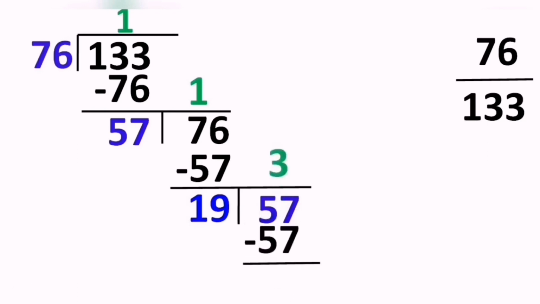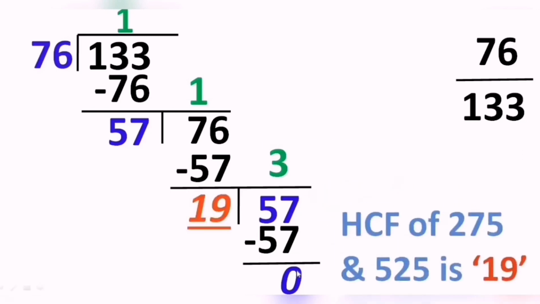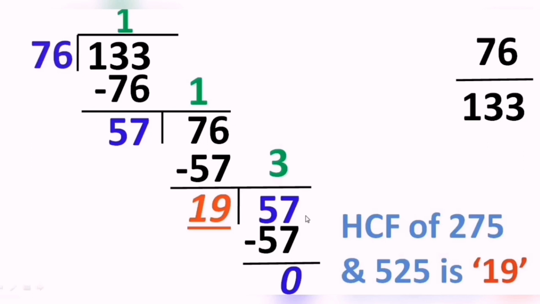dividend. And the moment I say the table of 19, I find that in 19's table 3 za, we get the answer 57, and that makes our remainder 0. And the moment we get the remainder 0, that is the aha, voila moment. Because this 19 will be considered as the HCF, since 0 is there in the remainder, correct? And that is our final answer.